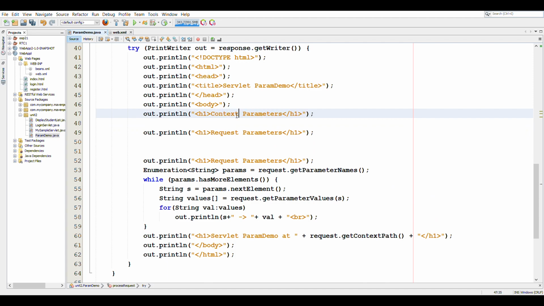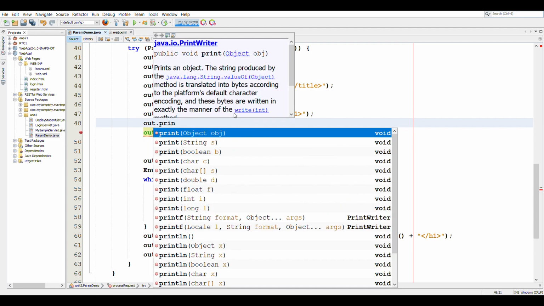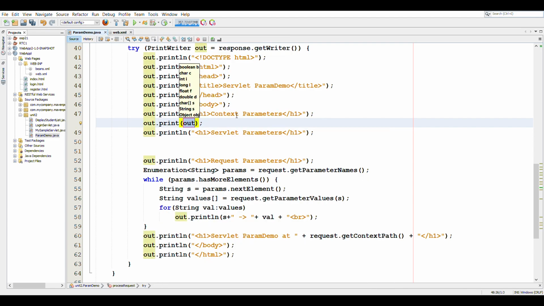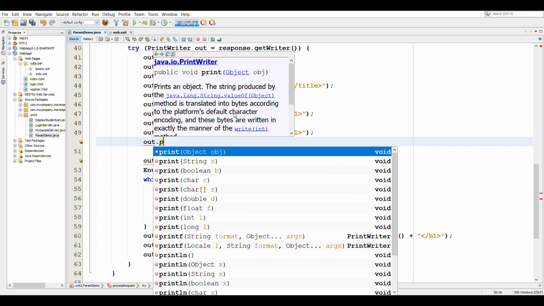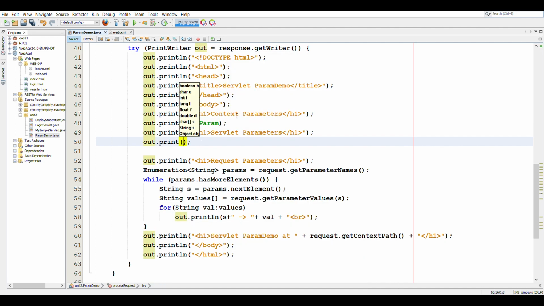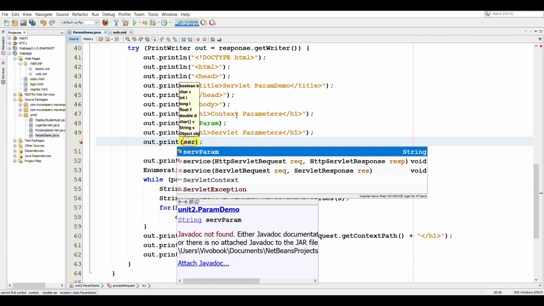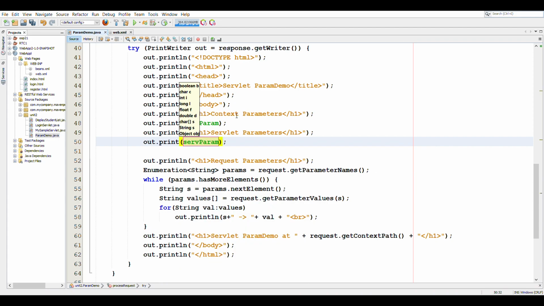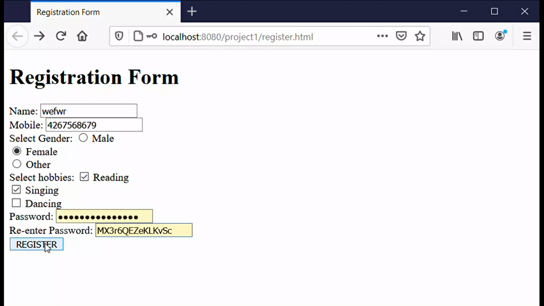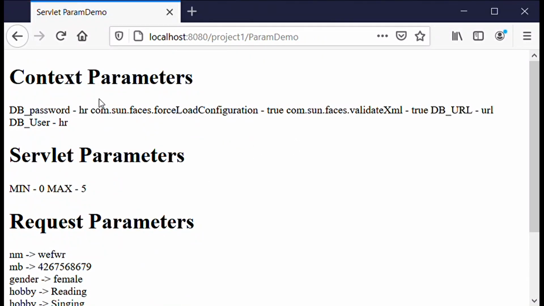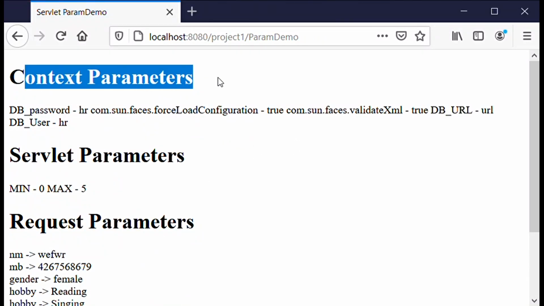So these are context parameters and these are servlet parameters, and in the out.println we will simply print contextParam and servletParam, and click on register. So we can see the context parameters.